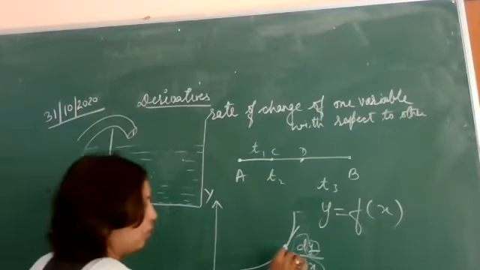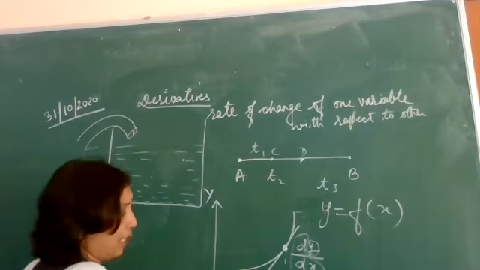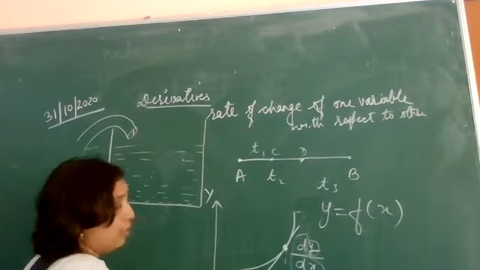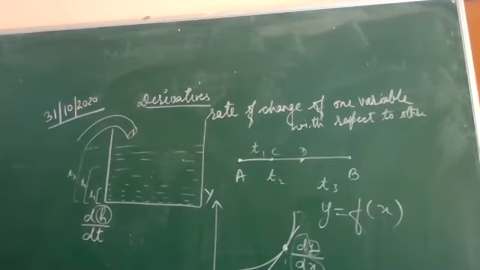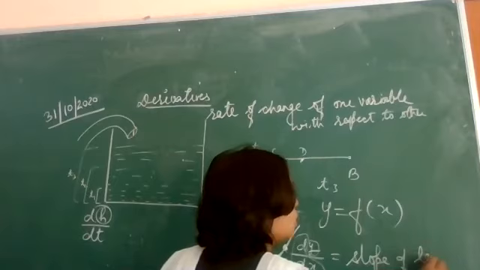Now, dy by dx, if we find it out by completing the triangle, will be equal to the slope of the tangent, right? So this is the next thing we can say about the derivative. Firstly, in simple words, it is the rate of change of one variable with respect to the other. And in terms of slope, we can say dy by dx is the slope of the tangent